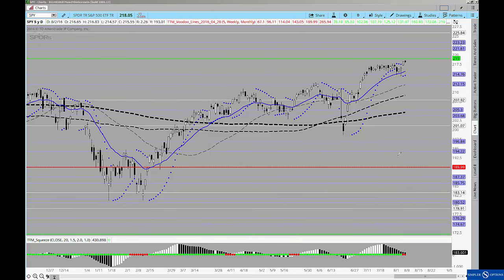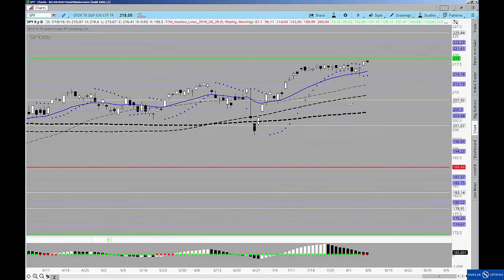However, when I come in and take a look at the S&Ps, in this case the ETF for them through SPY, you can see that we do have a squeeze in play. However, I'm not really a big fan of buying this particular squeeze, and there's a couple of things that I'll show you for it. First of which is just inside Thinkorswim, and it's a helpful tip if you'll go to